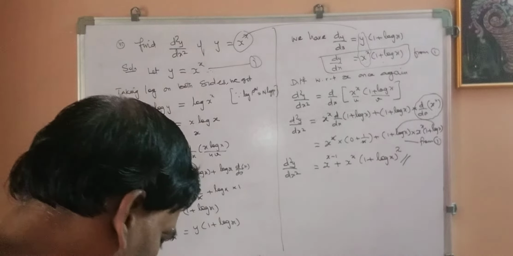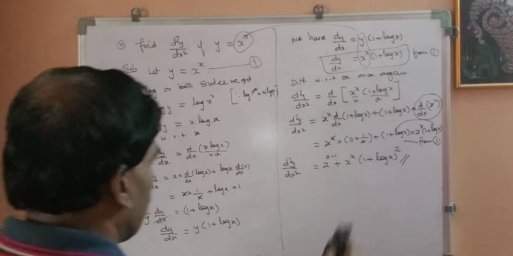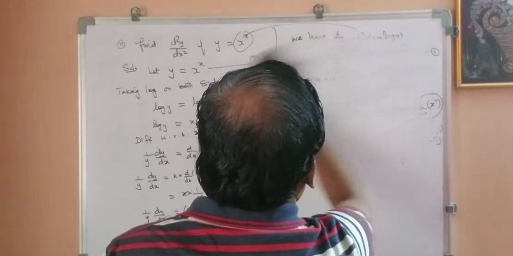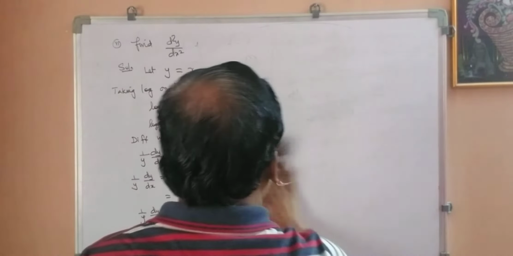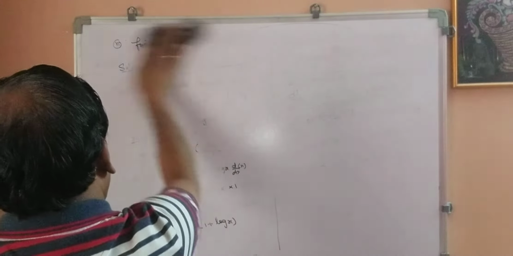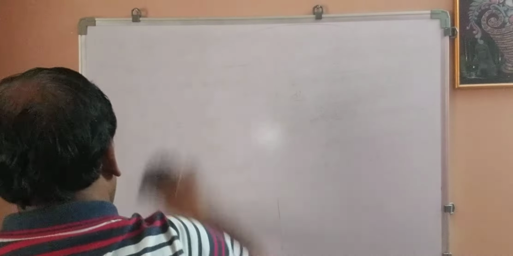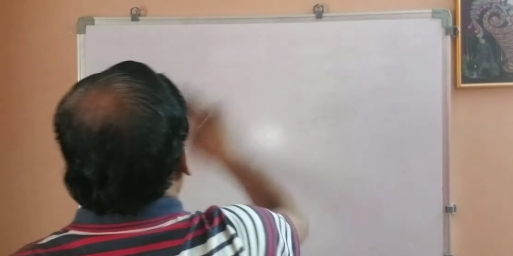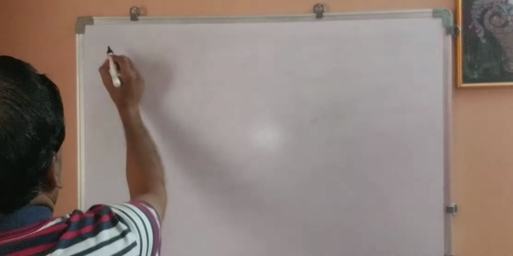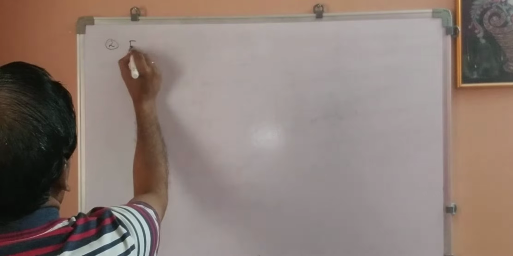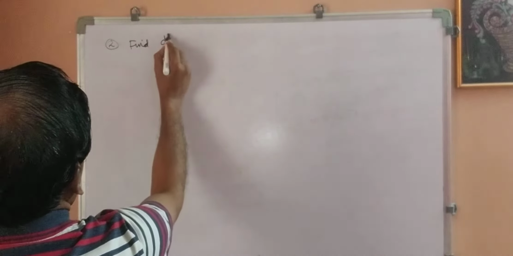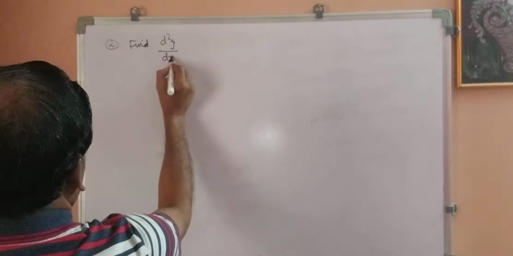Now we will do a little different sum. You have to be a little careful. It is like parametric functions are given, through which you have to find d square y by dx square. Okay. Find d square y by dx square